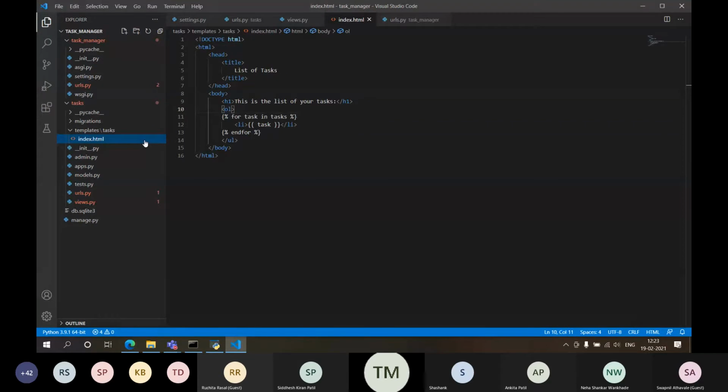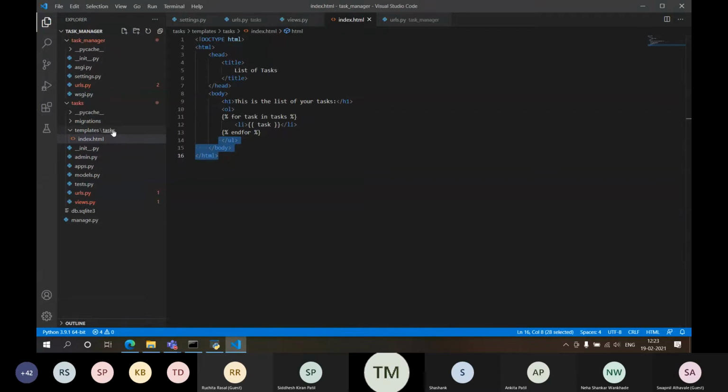Now because I require HTML code over here again, if you observe this, how many lines I actually coded? I coded 3 lines, just 3 lines: for line, task, end for. So all these lines will be common in that particular page also, and these lines also. So out of 16, if I write 3 lines, 13 lines are getting repeated every time, right? So for those 13 lines, we can minimize the task of writing them by writing the entire code into one file, just one file. How to do that?